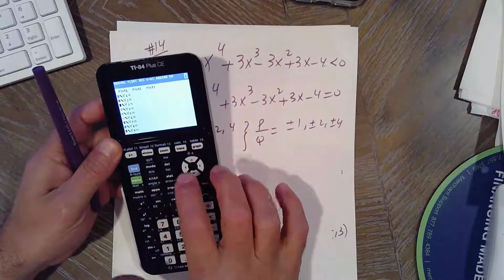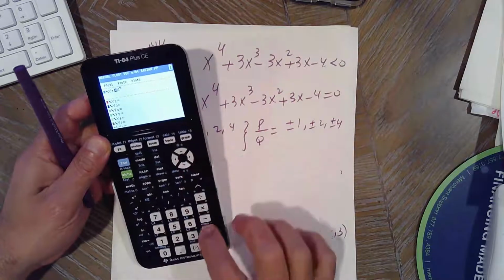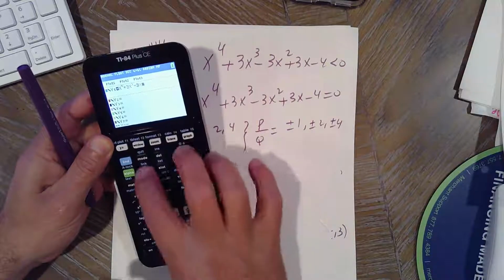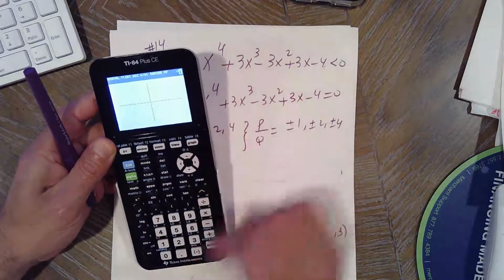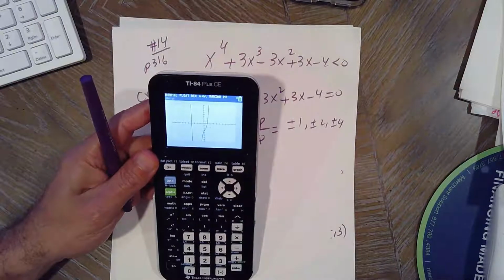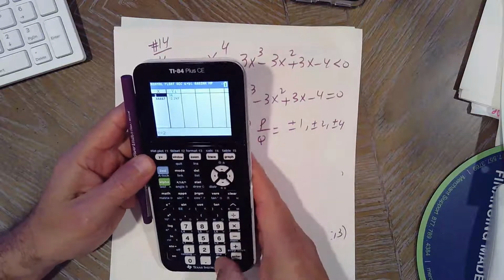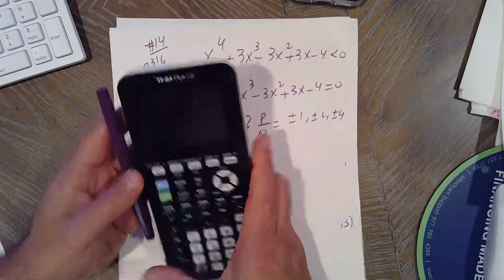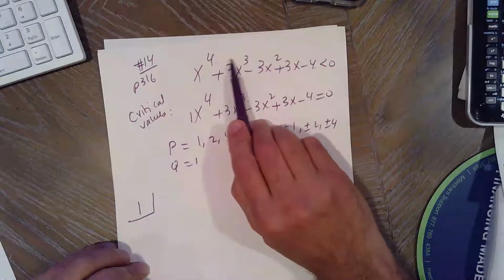So x to the 4 plus 3x cubed minus 3x squared plus 3x minus 4, and it looks like -4 and 1 are zeros. Let's check the table. -4, does it give me a 0? Yeah. And then 1, does it give me a 0? Yep. So that's right. So we're going to start by dividing by 1 and make sure it's in descending order